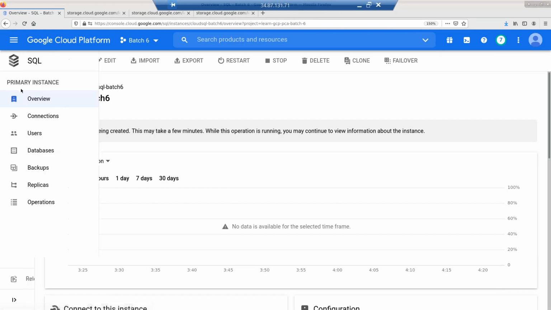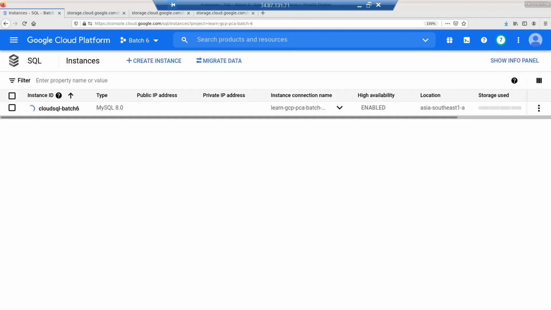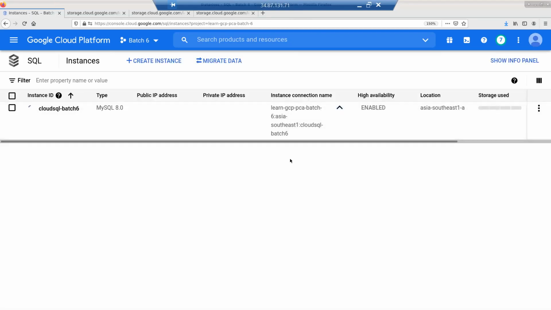So it's going to take some time. Once it comes up, I'm going to have an IP address. The public IP address which you're going to get is a static IP address, folks. So by the time this comes up, I'm just going to show you, we cannot do the demo today completely, but